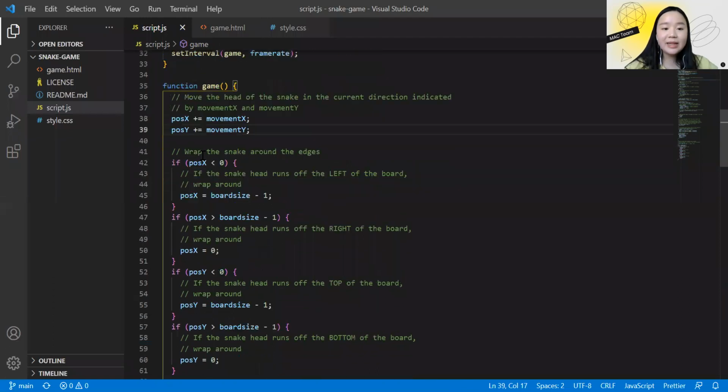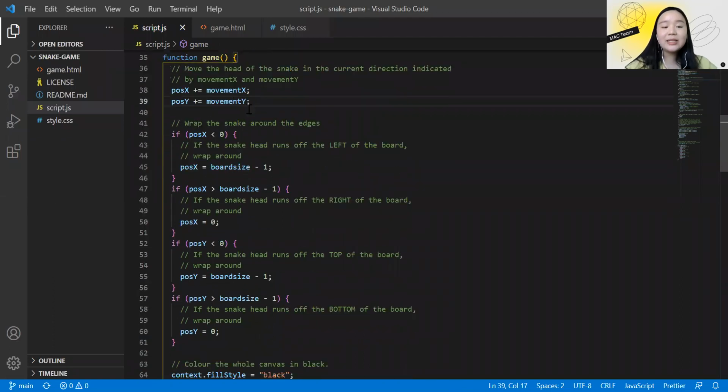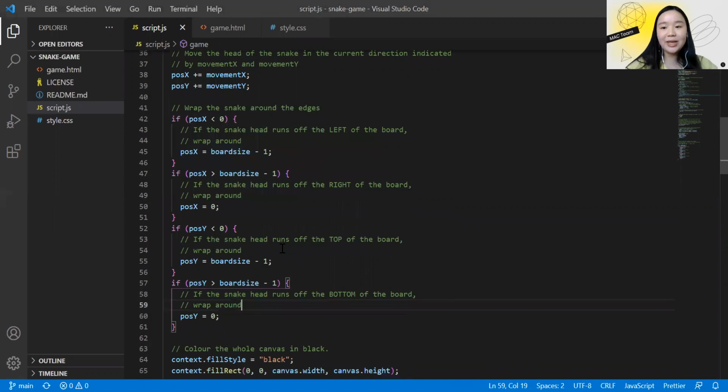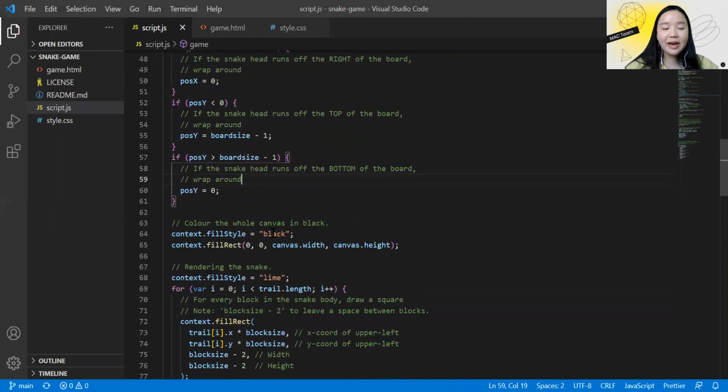And then if after it's moved, the snake has hit the edge, then it will wrap around the board. So if you open the game.html in the browser and the snake runs off the edge, it will wrap around. So that's what this part does. According to whether it's hit the top, right, bottom, or left, it will wrap around accordingly. And then after that,